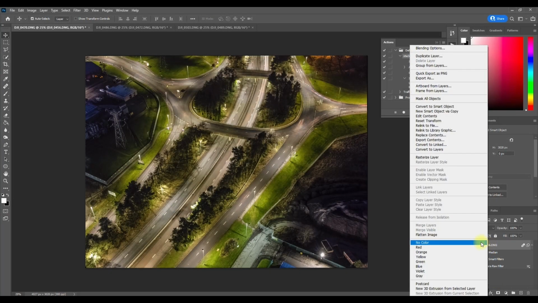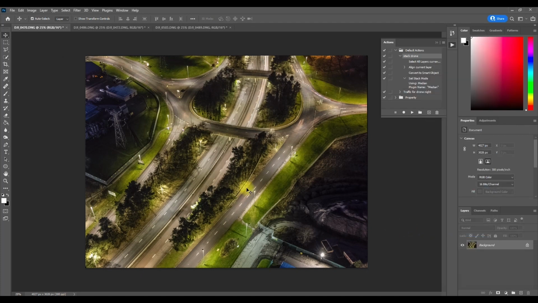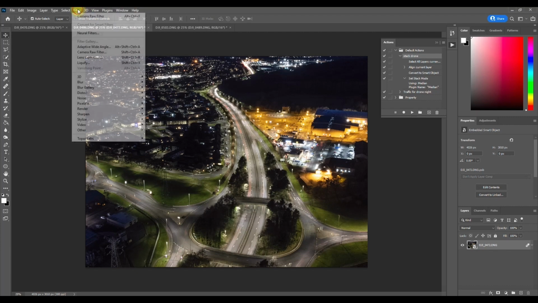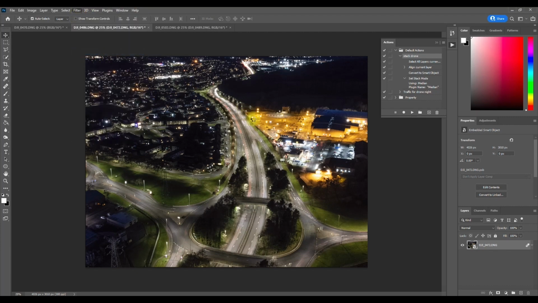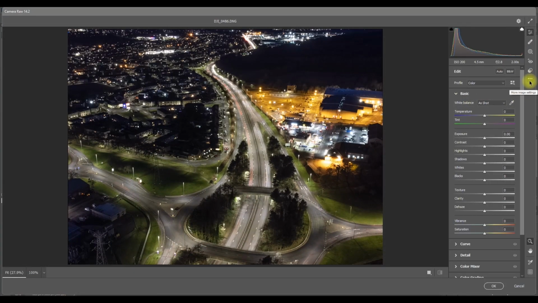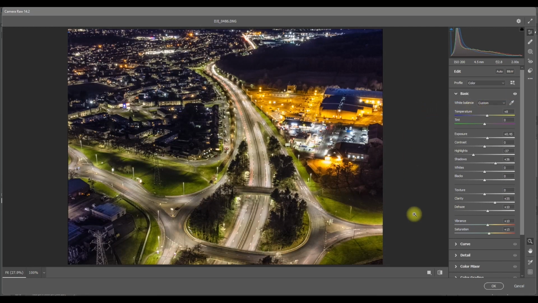Okay. Right click over here and flatten the image. Go on to the second one. Basically, I'm just going to go back into Camera Raw Filter, and I'm going to use the same settings for this frame and for the sky frame. To do that, you load it up, hit the three dots, and then apply previous settings. It just does it for you, no questions asked, just bangs them straight on and off you go. Hit OK,